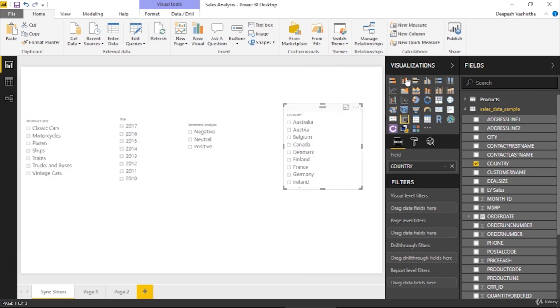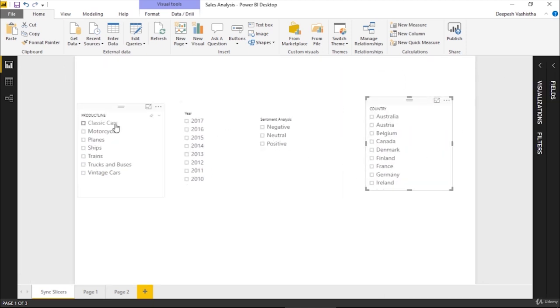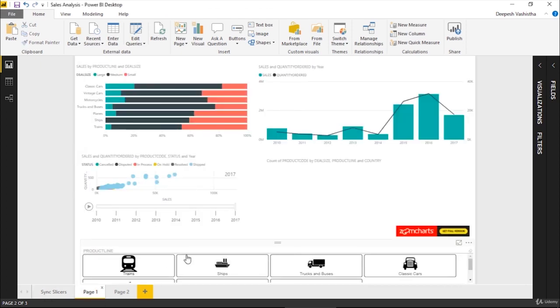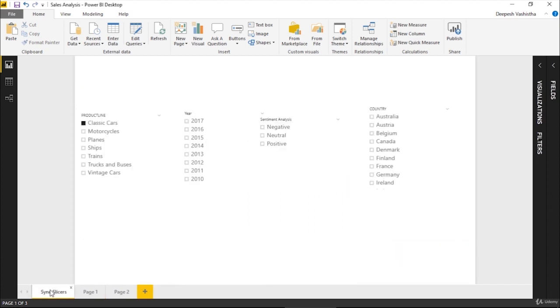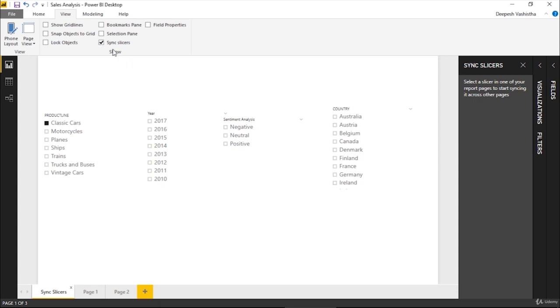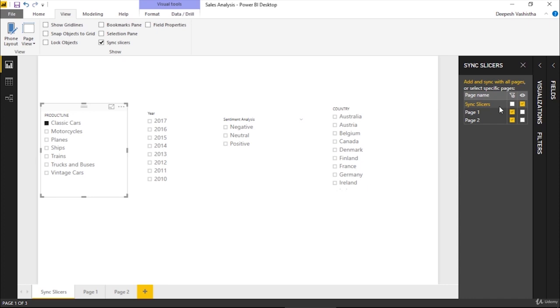So now we will close this, and suppose I want to see the details of my classic cars. When I click on page 1, this will show values only of classic cars, but I don't know why this is not showing. Let's just quickly check if we have done everything right. When I click this, okay, for this one I think I haven't, right, there we go. I need to check this one too. Okay,